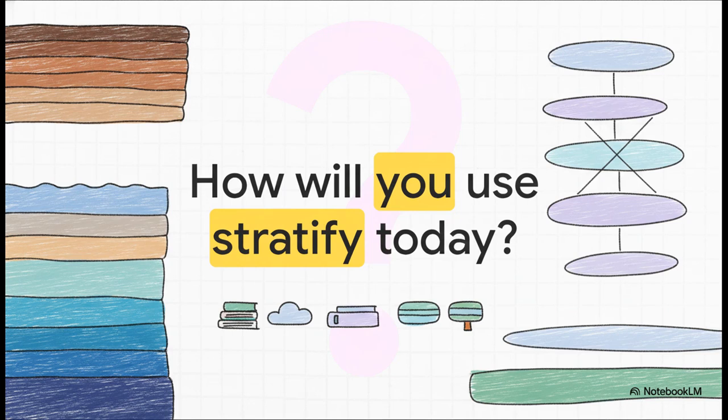Which brings us to our final thought. Now that you hold this highly visual, active word in your vocabulary toolkit, how are you going to use stratify today? Will you use it to describe the physical layers of the Earth, the temperature bands in the ocean, or the complex invisible hierarchies within groups of people? I challenge you to look at the world around you today and see where you can spot those distinct bands. Once you understand the action of stratifying, you're going to begin to notice invisible strata absolutely everywhere you look.